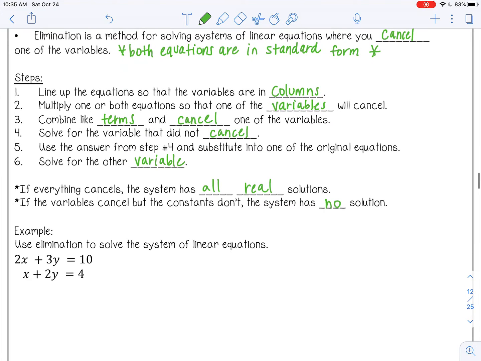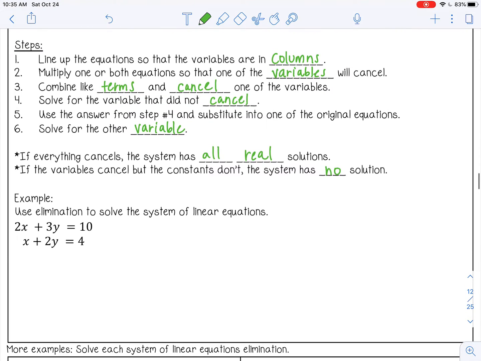Okay, so let's try an example. Use elimination to solve the system of linear equations. These are both in standard form, and I already have them lined up. So my x's are in a line, my y's are in a line. And I want to multiply one of these equations by a coefficient so that one of the variables is going to cancel. Now there's a lot of different ways you can do this,